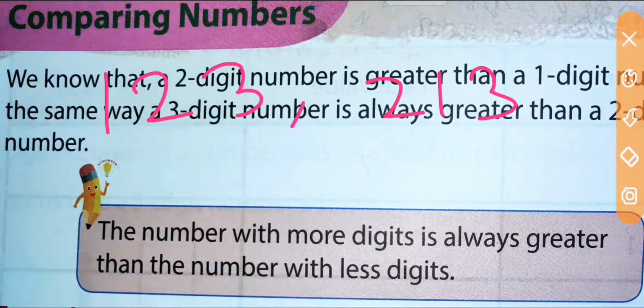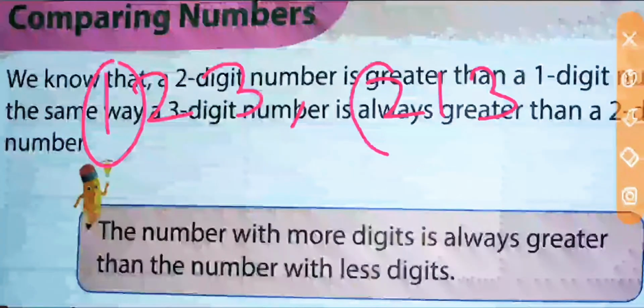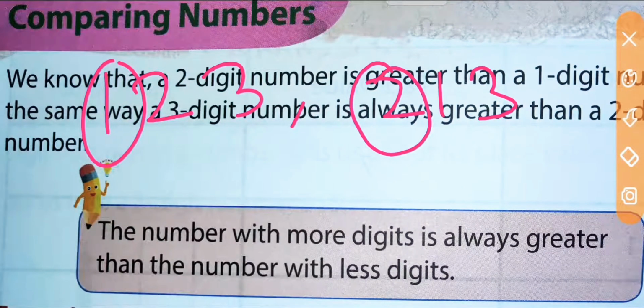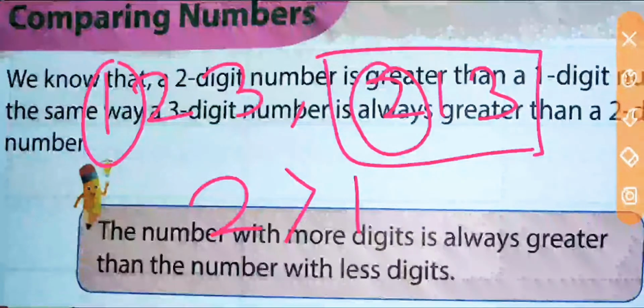To check this, first we have to check the first digit. The first digit is this one, and for the next number the first digit is this one. We have to compare the first digit, which one is greater. We can see that 2 is greater than 1, so we can say that this one 213 is greater than